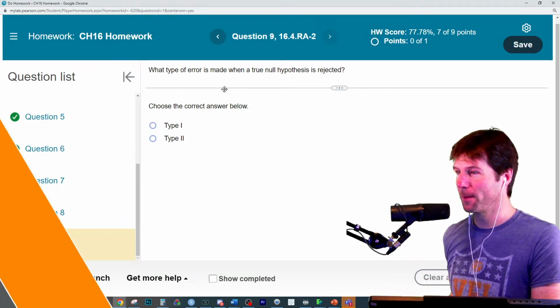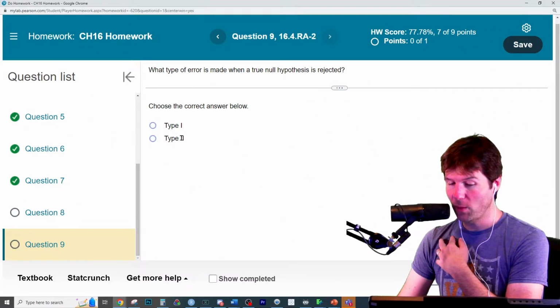I'm going to go over here. So maybe I do these things quickly sometimes, but if this is your first time seeing me do these, write this down. In a type 1, the null is true. That's a T, and we reject it. In a type 2, the null is false and we fail to reject it. The 2 F's of the type 2.